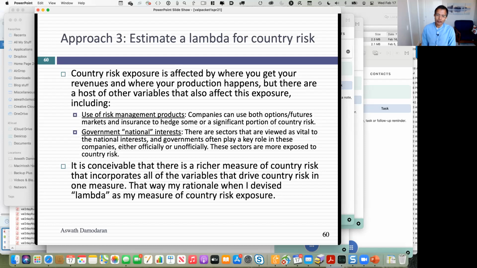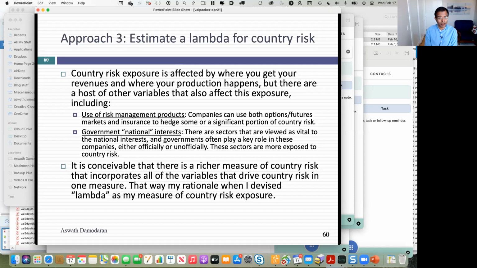So I land in Brazil. I am not slept. I don't even know what time zone I'm in. The time zone is actually the same, but with no sleep. I show up in front of the session and I throw out this idea. I said, we should be measuring company risk exposure to country risk, and let's call it lambda. And then one of the more practical people in the audience puts up his hand and says, how exactly are you going to measure this lambda? I said, I haven't thought about it yet, but I have a long flight back. I'll think about it then.